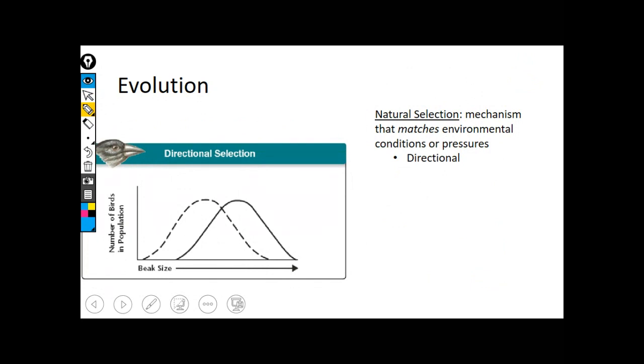In other words, if we think about beak size here, some sort of environmental pressure is going to shift our phenotype from one way to another. So if we had, for example, heavy nuts, I'm not going to put big, I'm going to put heavy, on the island,